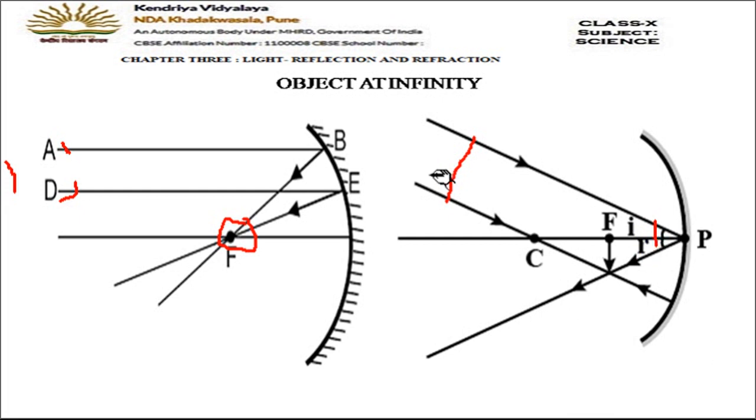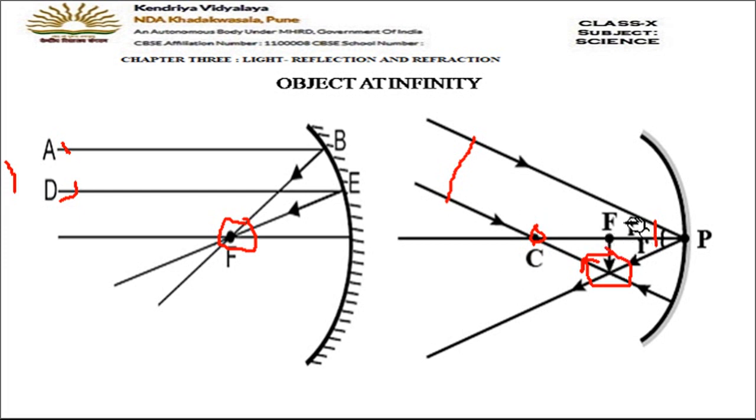Now the second ray is passing through point C. Here you can see it is passing through point C. So when the ray passes through point C, what was the rule, children? After reflection the ray will follow the same path, it will retrace the same path. Now you can see that these two are the reflected rays, and they are meeting at this point, which is below F, that means at F only. At point F only the image is formed.